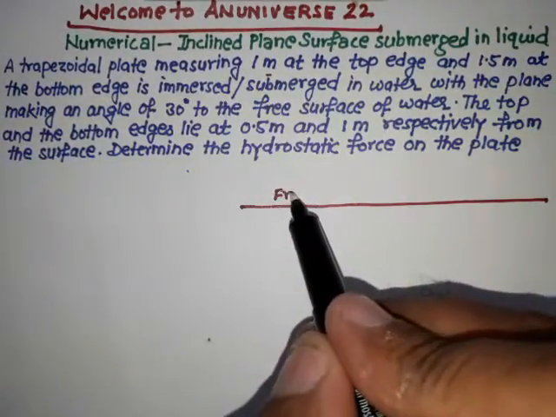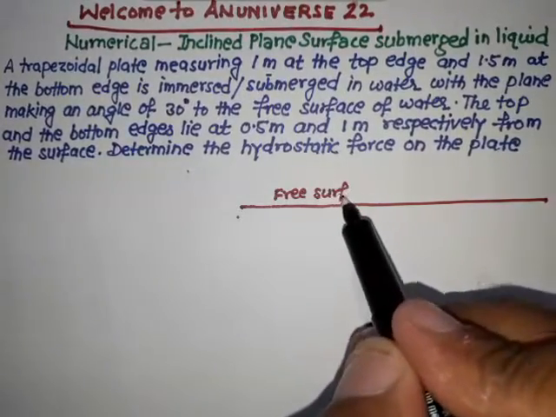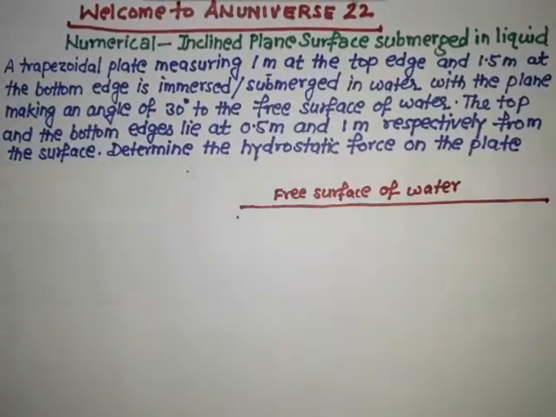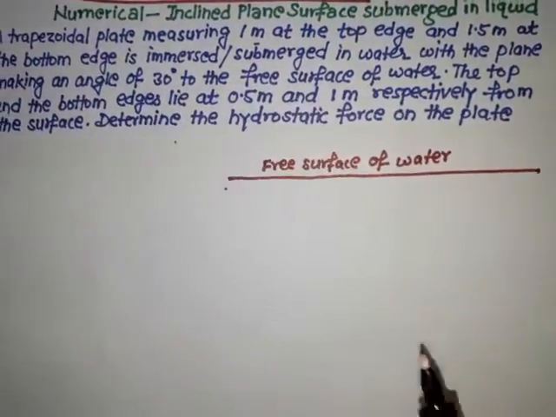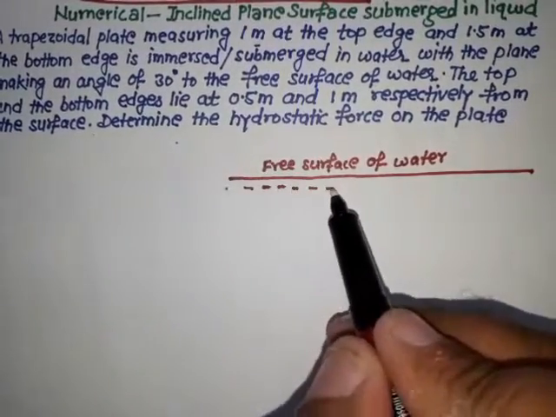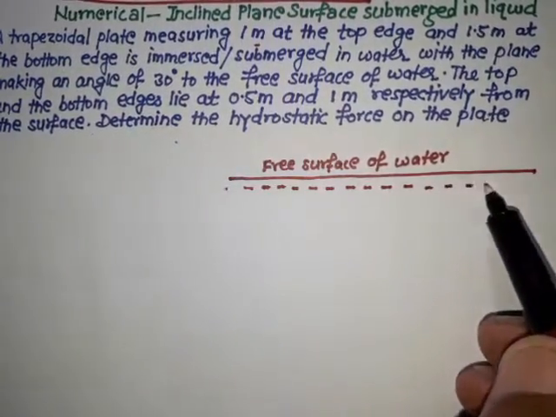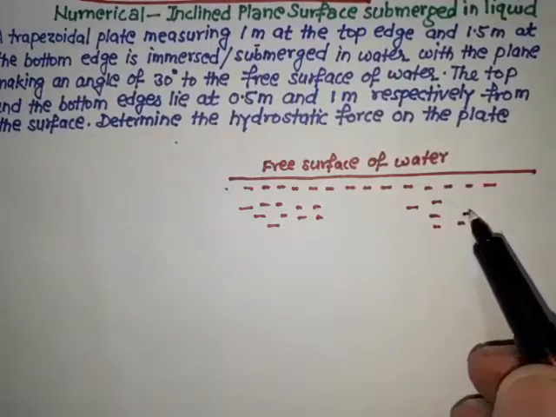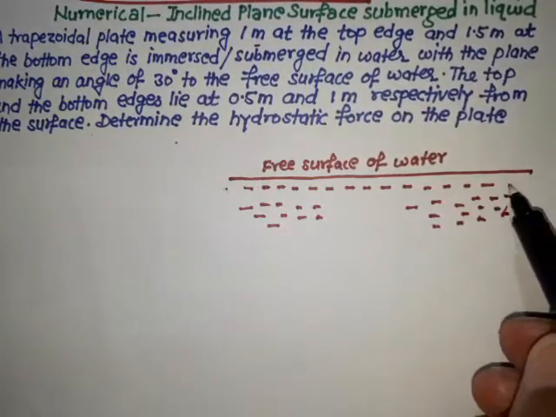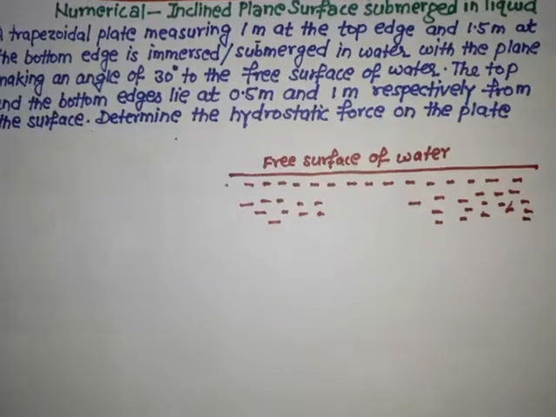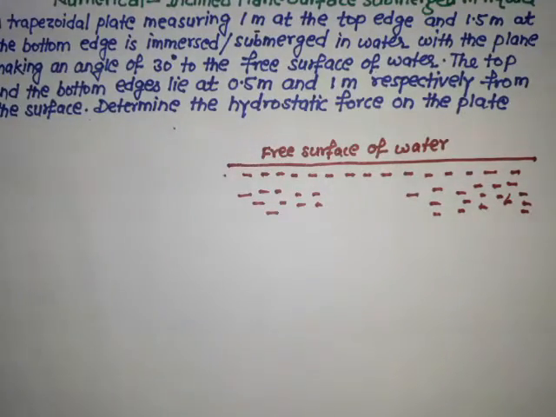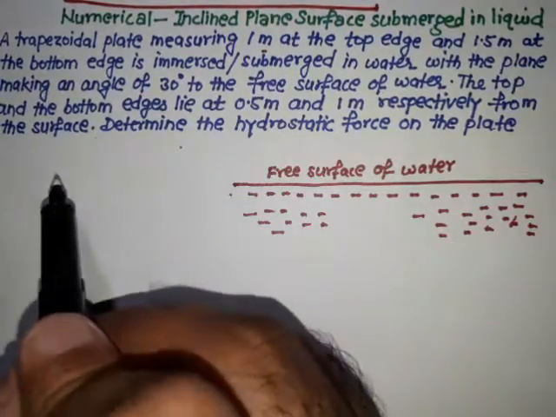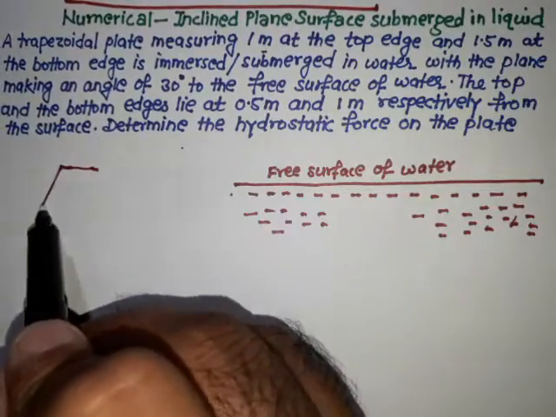This is the free surface of water, and this is the liquid, in which the trapezoidal plate is submerged. So here two conditions are given and basically I want to draw the trapezoidal